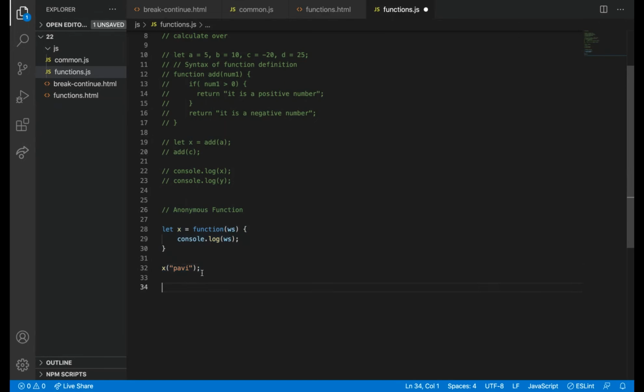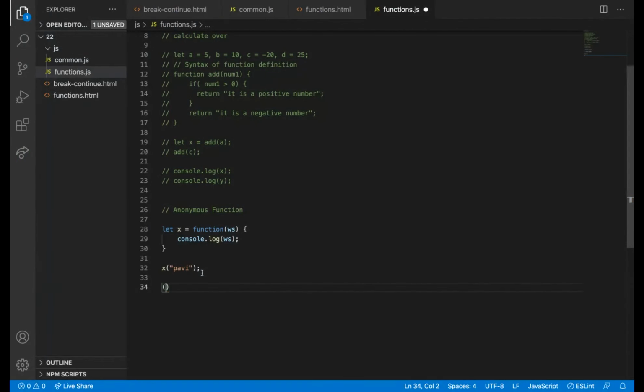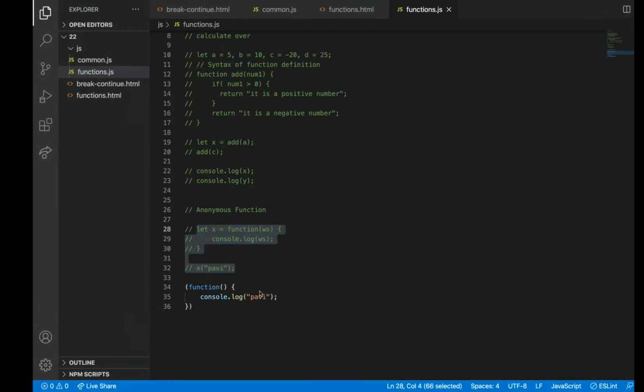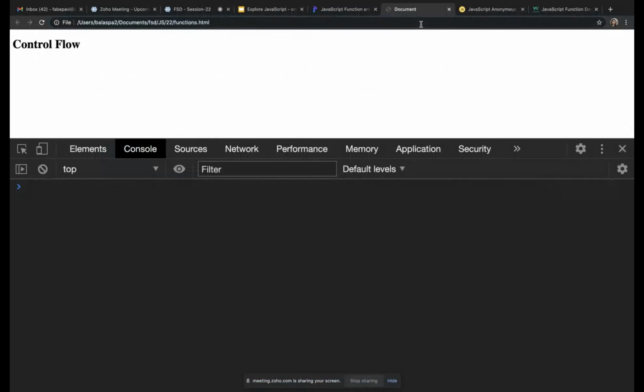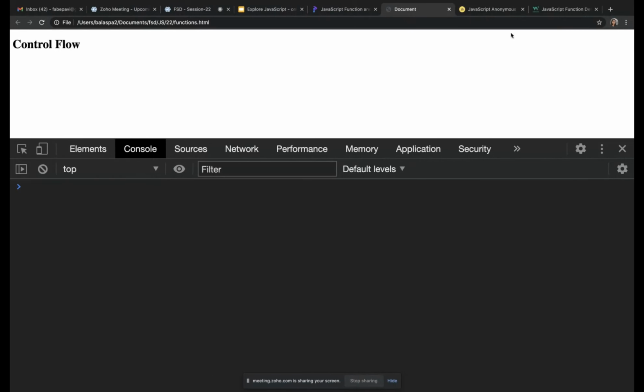And then there is another thing called a self-invoking function. What is wrong?